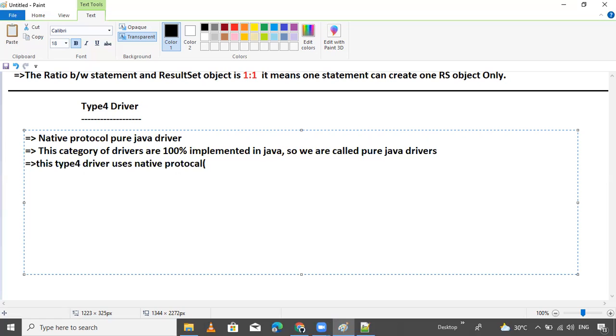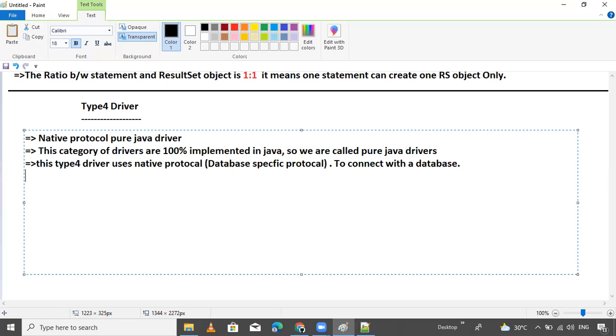What is the meaning of native protocol? A database-specific protocol to connect with the database.